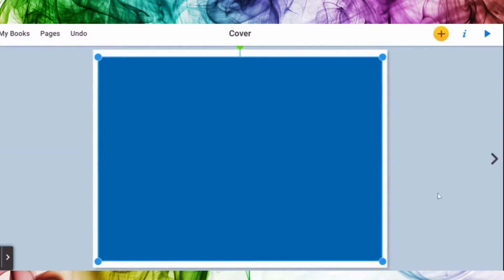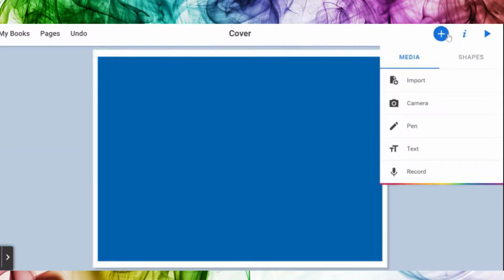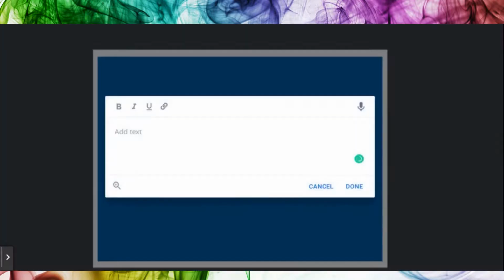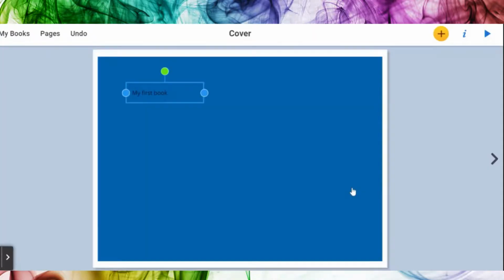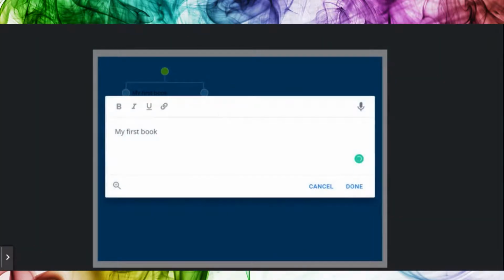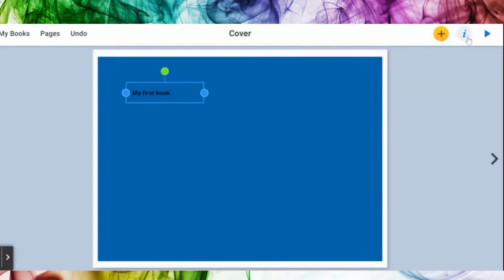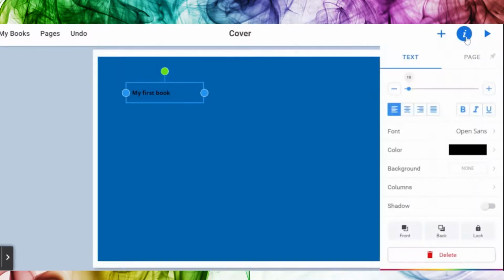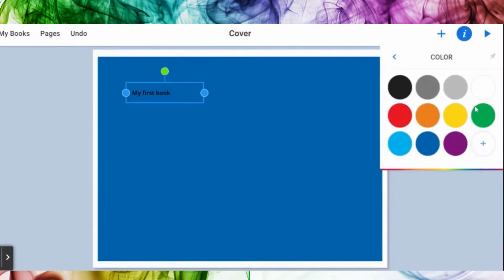Okay, and I can also add text. Here, my first book, for example, here it is. And then if I come, you can of course add a link or customize the video. But if you come to this button, this inspector, here you can change the color. You see,